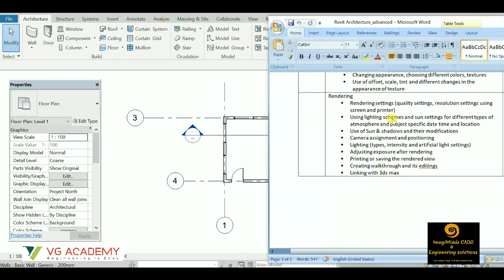Then we can create some basic type of walkthrough in the Revit Architecture software, but that doesn't match up with the quality of 3ds Max. So for that, what you can do, you can create a model in Revit. You can import it into other software like Lumion, which gives a better quality of walkthrough. So that can also be done. Like these advanced 3D modeling softwares, these are all interconnected. So one file can be transferred to the other, and then the required process can be done.